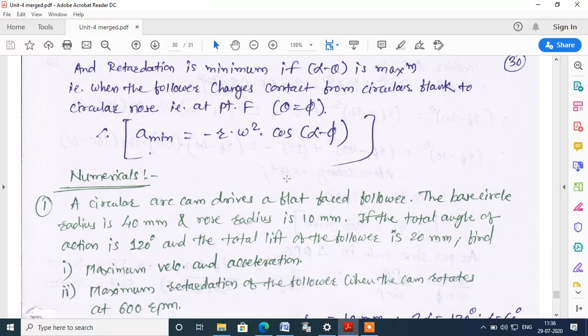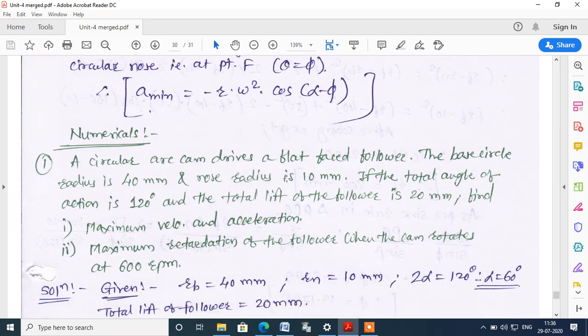Generally, numericals are not asked many times in the exam, but sometimes there are chances that a numerical may come on this. But definitely there is one problem on drawing the cam profile for any motion. So we will solve on the board how to draw the cam profile for various follower motions, and I will show you how to draw it. Definitely we will take all four cases of problems.